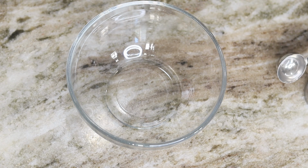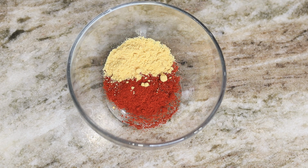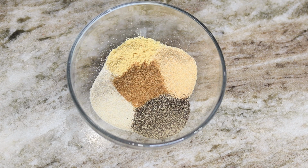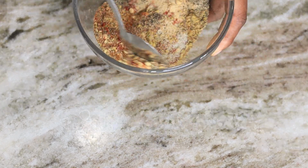If you want your baked ribs to taste absolutely delicious, you have to have the best dry rub ever. So here's how I make mine. In a small bowl, I am going to combine smoked paprika, dry mustard, onion powder, garlic powder, ground black pepper, cumin, cayenne pepper, lemon pepper, and also we'll be adding a teaspoon of salt,